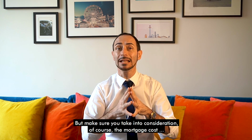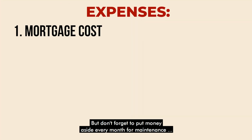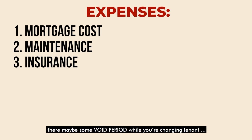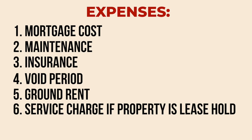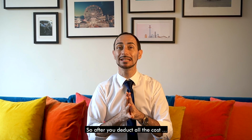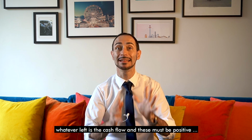But make sure you take into consideration, of course, the mortgage cost. But don't forget to put money aside every month for maintenance. Then the insurance. Then maybe some void period while you're changing tenant. And then, very important, the ground rent and the service charge if the property is a leasehold. And then the letting agent fee if you are like me and you are either based overseas or you want a real passive income. So, after you deduct all the cost, whatever is left is the cash flow, and this must